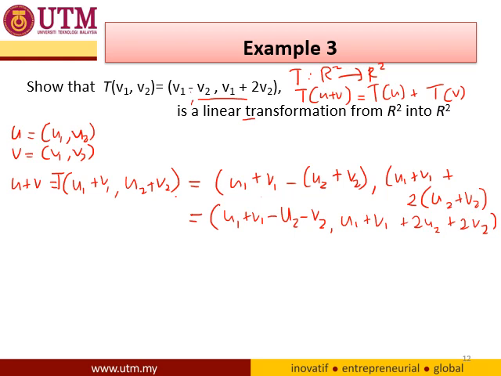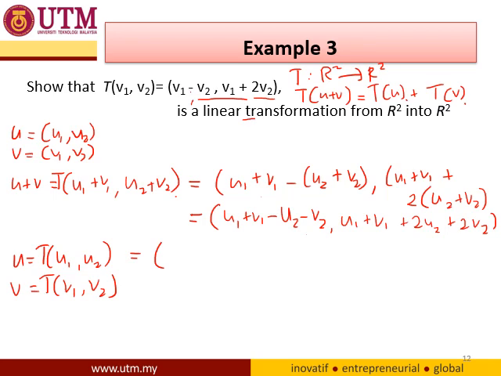Then we need to solve the transformation first. This one, the transformation of u plus the transformation of v. And we want to see whether it is the same as the answer we got here or not. You can write down again your u, which is the same here actually, but for the sake of the example, we try to do it: (u1, u2), v is (v1, v2), and transform this. So Tu is equal to